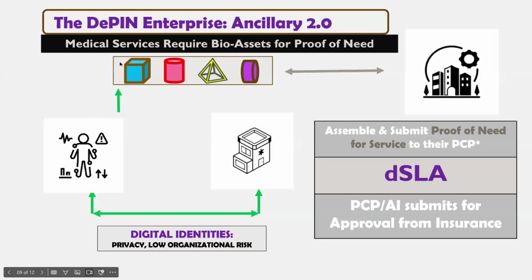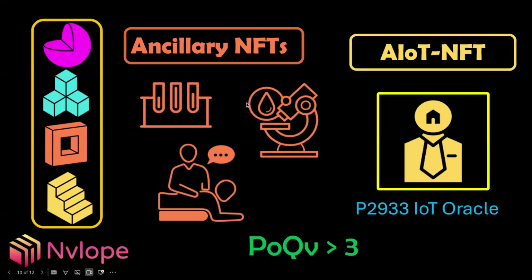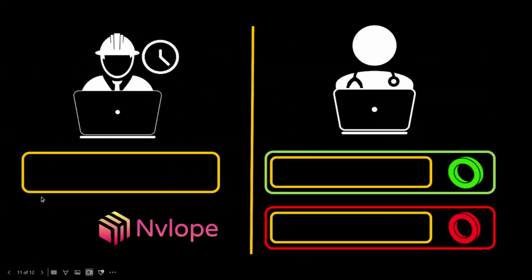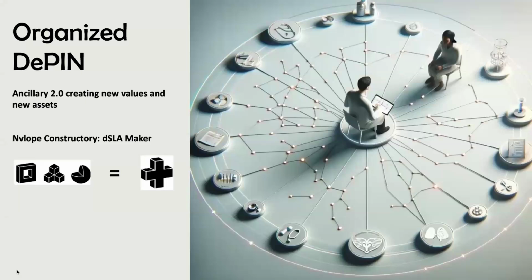So this allows, if you have all these readouts, including the IoT readouts, the patient to assemble and submit a proof of need of service to their PCP. And what ends up becoming is a distributed service level agreement for the PCP or AI to submit for approval from insurance. Now, when you get an up to the minute report of everything that's happening, of all of their ancillary NFTs and an AIoT NFT with the P2933 IoT Oracle, you have proof of quality outcomes that should be greater than 3 for an appended advanced radiology technology report, which can be sent to their doctor where they can approve this, say these findings are fine, they're not fine, and in our model, you go on to an organized